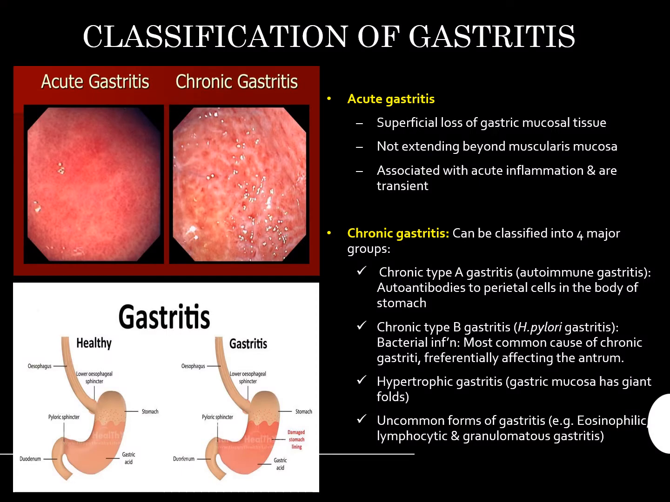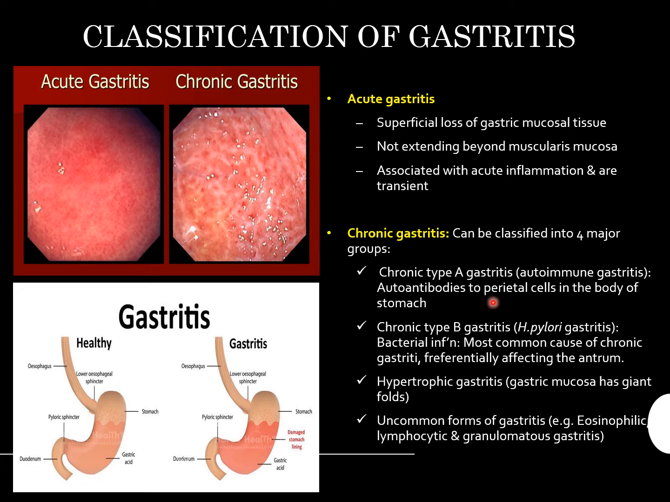Okay, classification of gastritis: acute gastritis and chronic gastritis. Acute, as said earlier, happens suddenly. Chronic happens over a time period. Acute gastritis is a superficial loss of gastric mucosal tissue, not extending beyond the muscularis mucosa, associated with acute inflammation and transient. While chronic gastritis can be classified into four major groups: chronic type A gastritis, autoimmune gastritis, and